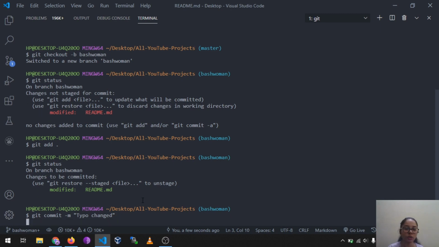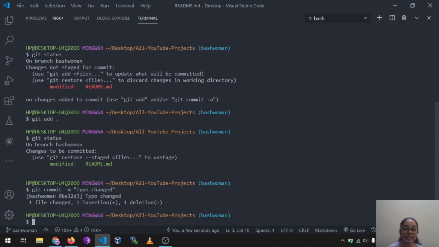Now I will commit the change, and it says 1 file changed, 1 insertion and 1 deletion, because I changed the file called readme.md. md is for markdown. One insertion is the spelling I corrected, and one deletion is because I deleted the earlier spelling.